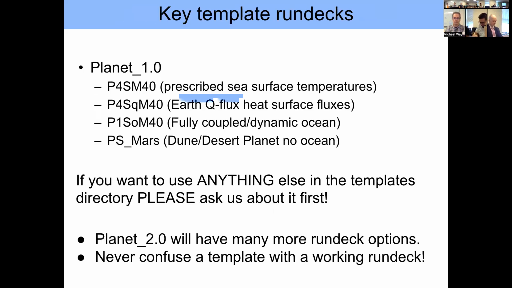So the key template run decks for Planet 1.0, they are those four essentially. And the naming of the run decks can be anything you want. We have a character limit. I think you cannot name a template or a run deck with more than 32 characters. I have seen issues at times with more than 30, between 30 and 32. So I would say keep it to 30. But anyway,